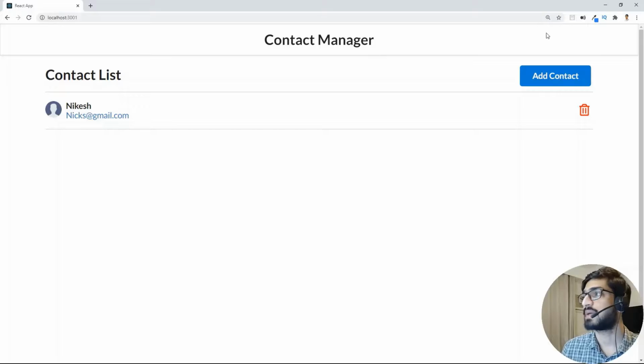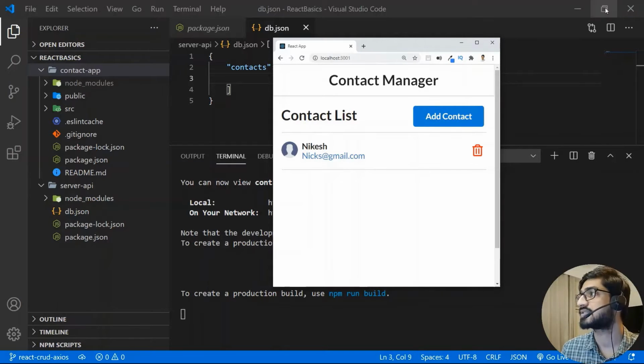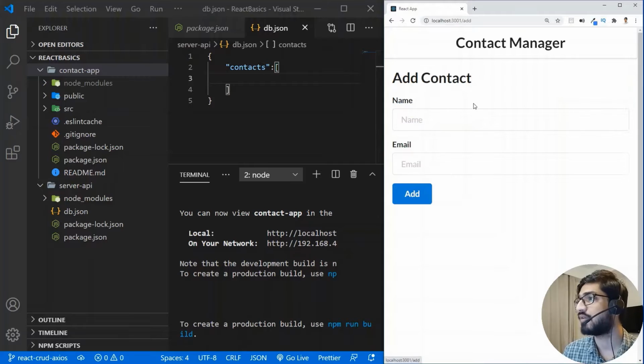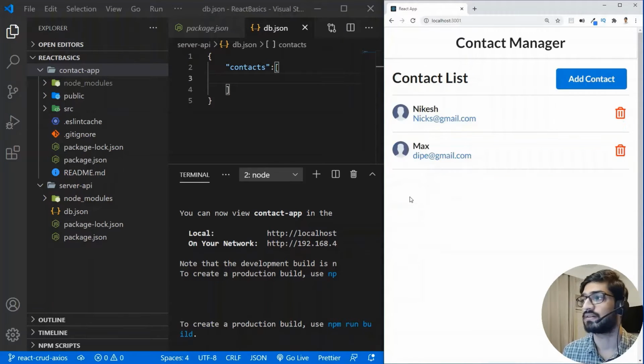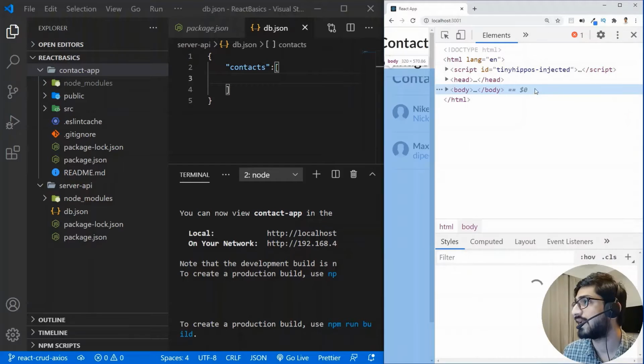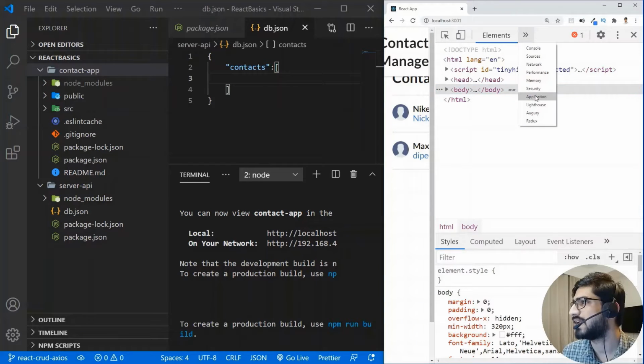All right, so this is our application, and let me adjust the screens. All right, so now I have adjusted the screen, and right now what we are doing is if we are adding any of the contact, then the contact is being stored in the local storage. So we will go to inspect it, and we are going to go to the application,